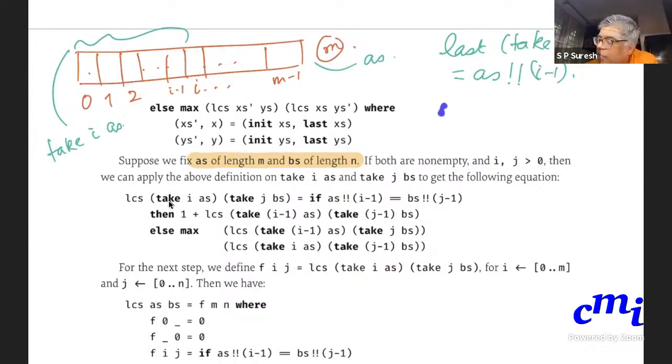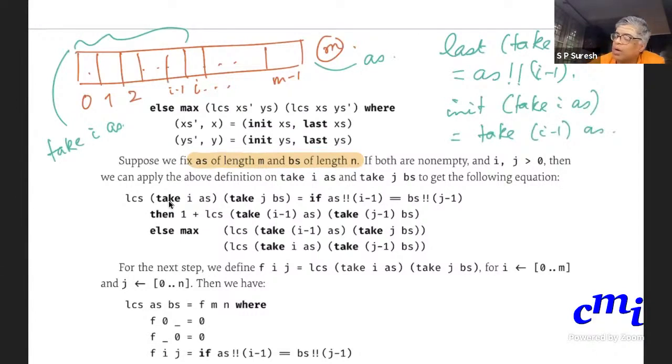Init of take i is take i minus 1 of A's, and take j minus 1 of B's, else max of these things. Okay, is this clear? Is this equation clear? Yes, sir. Okay, great.